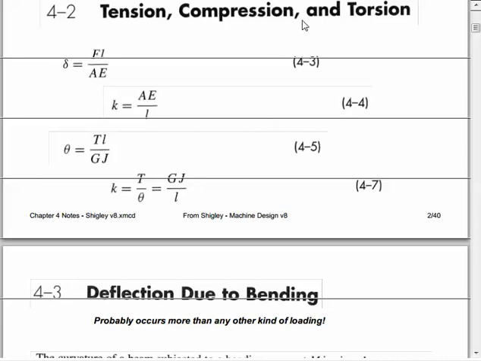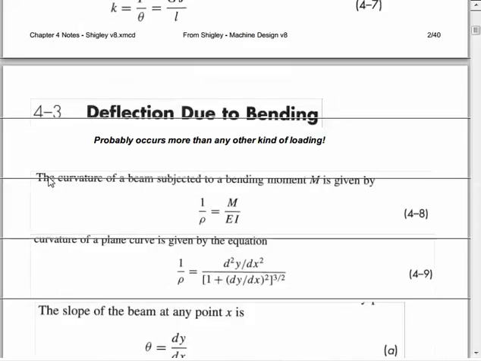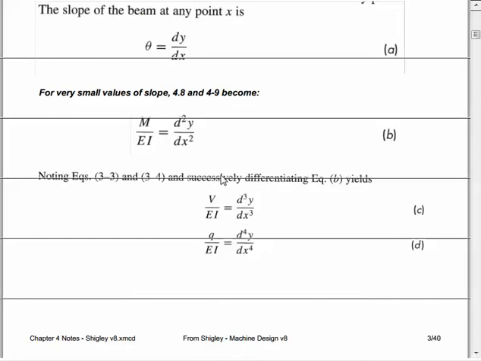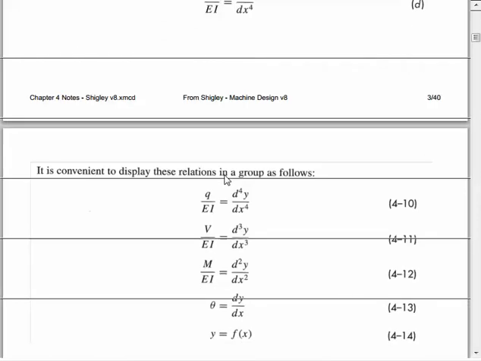Deflection due to tension, compression, and torsion. These are just very well-known equations. Copy them to the sheet. Deflection for tension compression is FL over AE. Angular deflection in torsion, TL over GJ. Nothing terribly interesting there. Beam deflections, had a discussion on the relationship between curvature and moment, which finally leads to